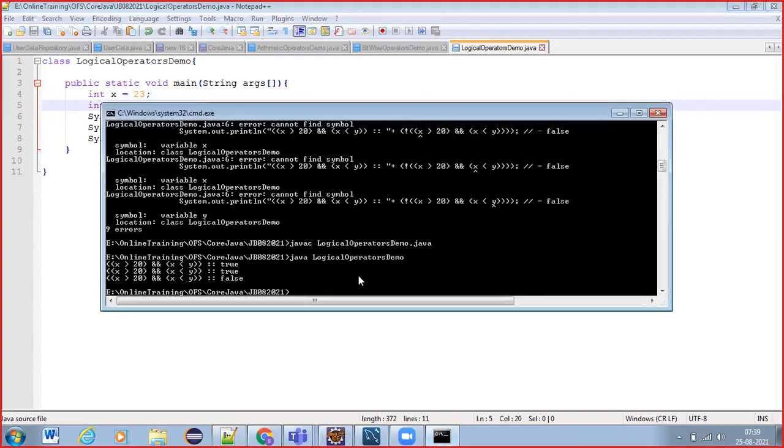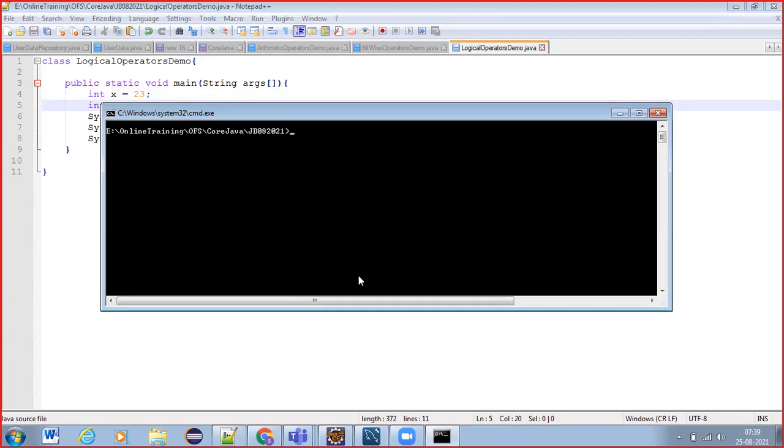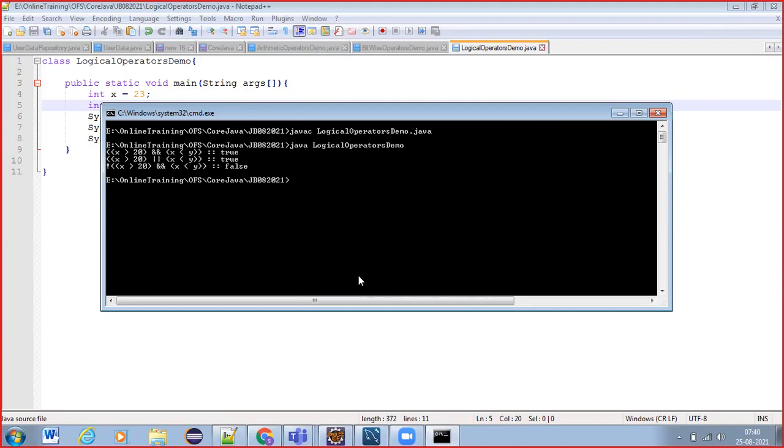So here, to clear all these logs, we can say CLS in Windows. Clear the screen. Now javac LogicalOperatorsDemo.java and java LogicalOperatorsDemo. So like this we can get: not X is greater than 20 and X is less than Y, it is false. X is greater than 20 or X is less than Y: true.